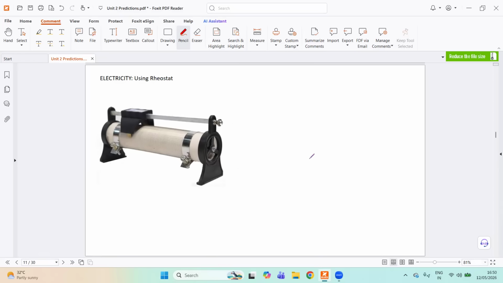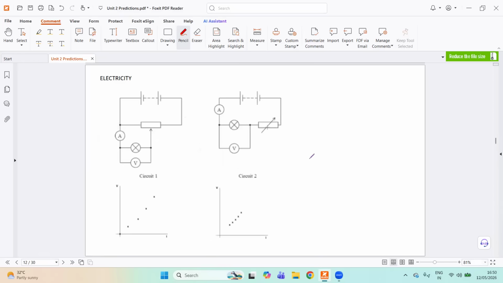Next, you need to know about this device. This used to be a very common concept. This is just my contingency plan that this might show up in your exam. I wouldn't say most likely, but definitely this is in the syllabus, so we have to cover this. So a rheostat can be used in two different ways. One is as a variable resistor, the other is as a potential divider. And what is the difference? Let me just show you from here.